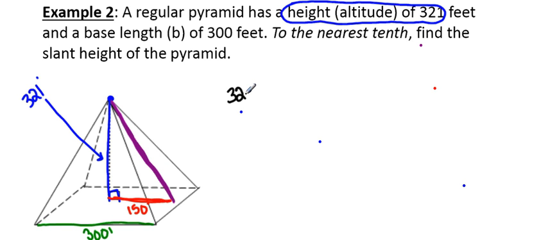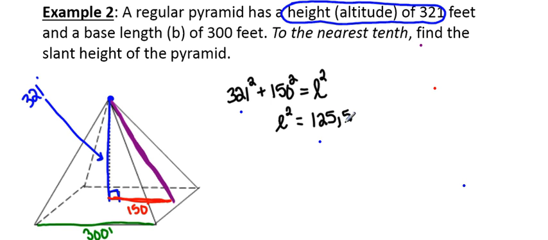So I've got 321 squared plus 150 squared equals our slant height, L squared. And when I type that into my calculator, I find that L squared is equal to 125,541. And then taking the square root of both sides, and I'm going to go ahead and round this number to the nearest tenth because that's what we're asked to do in this problem, we end up with